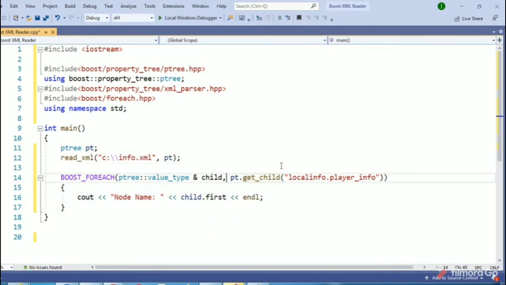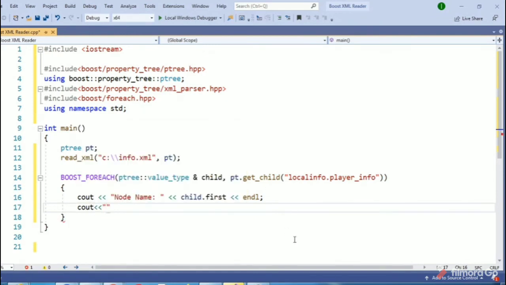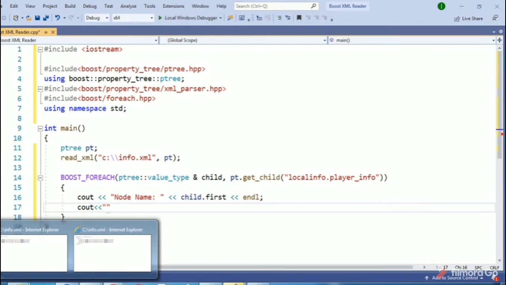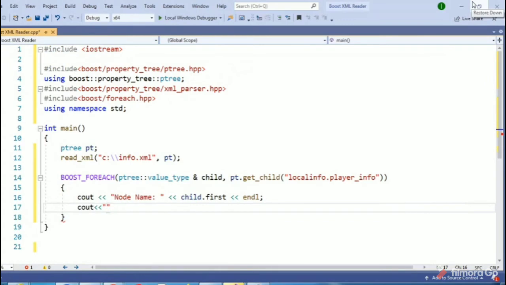So here is a child which has those values. We will print the value of the child. Let's say the child name, which is pass. We need the password value of a child.